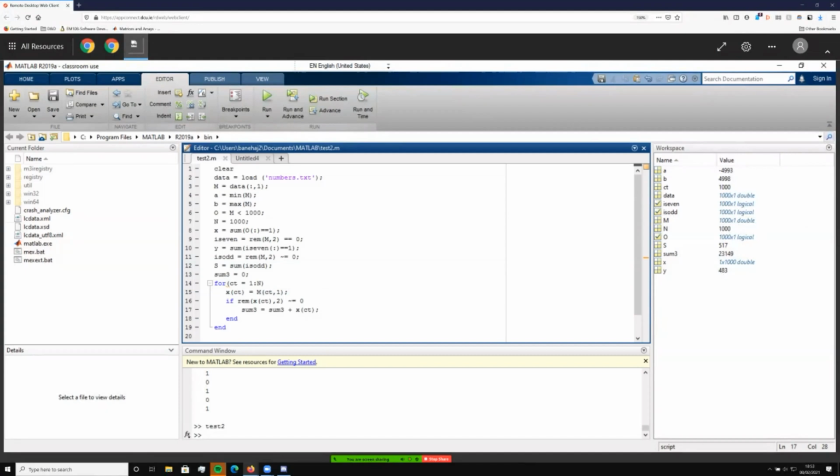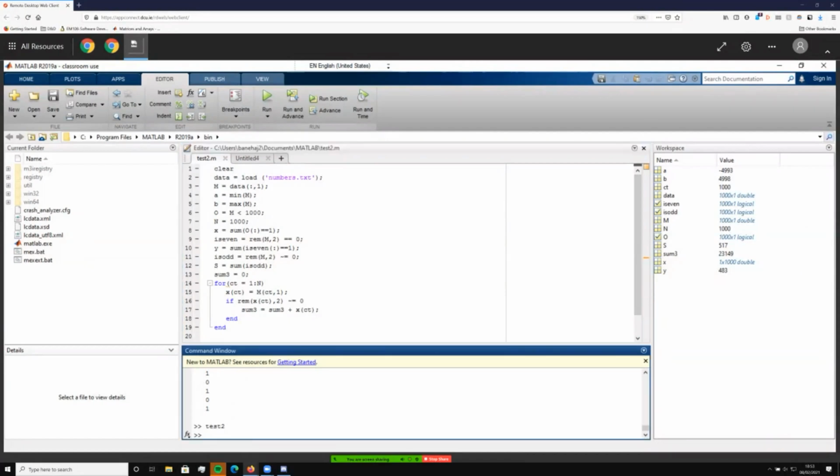If you are looking to load any data files, I have a data file in here called numbers.txt. The text file and the script file have to be in the same folder. Otherwise, it won't be able to read it. It just reads from whatever file path the .m file is in. So just start everything with clear. It makes it a bit easier, so that you're not having variables cross over one another. You can also type clear into the command window, just from here.